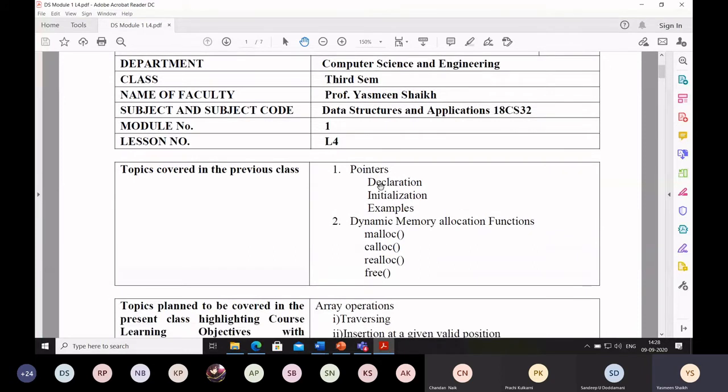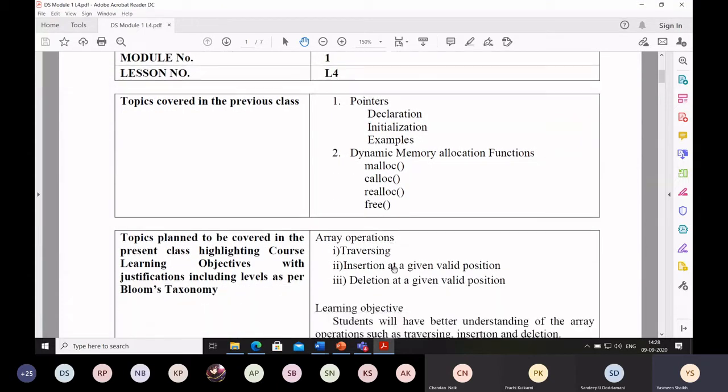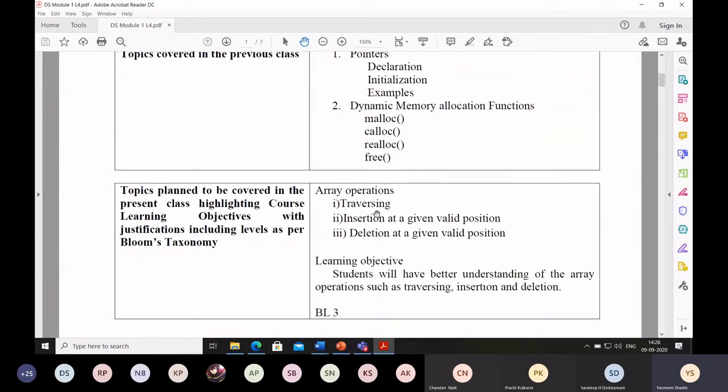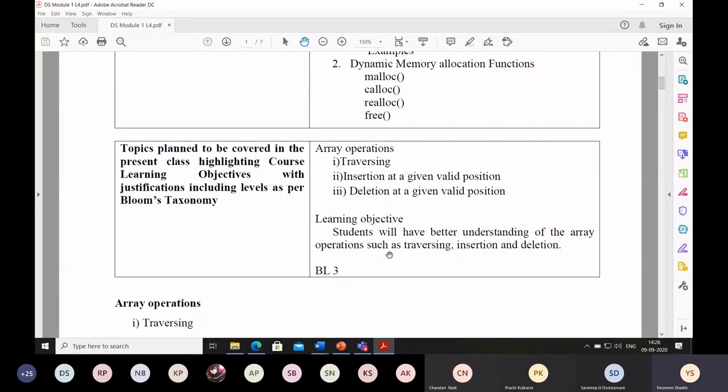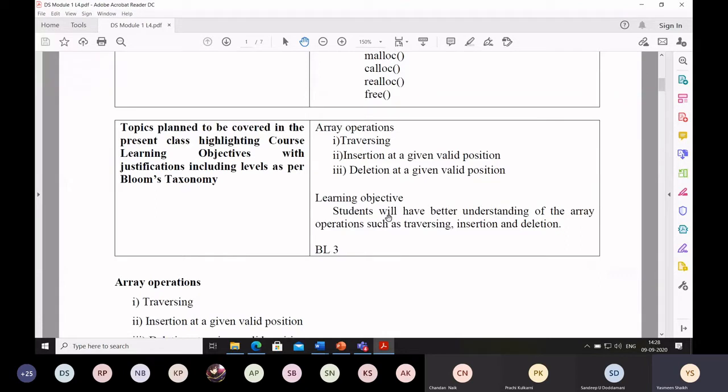In the previous lecture we studied pointer declaration, initialization and an example. Then we studied the dynamic memory allocation functions malloc, calloc, realloc and free. Today we are going to study the array operations such as traversing, insertion and deletion. The learning objective is that students will have a better understanding of the array operations such as traversing, insertion